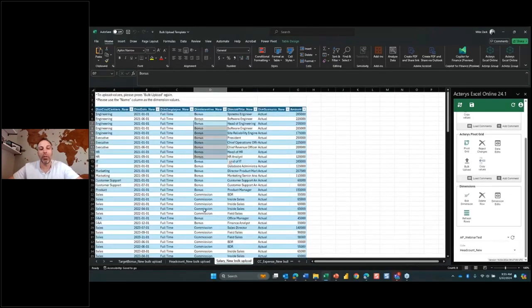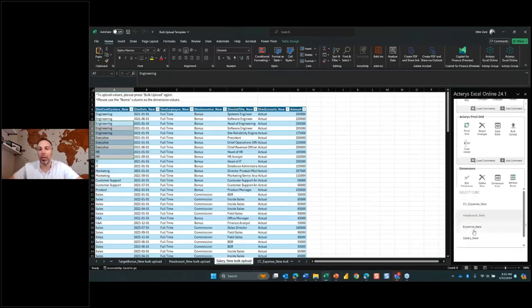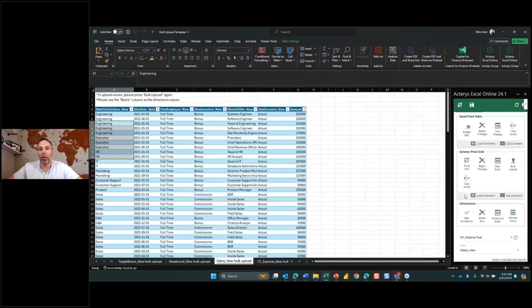Are these tied to bonuses or commission, or is it salary? Are they full-time employees, and what's their actual position or cost center that they belong to? These are all different ways that we'll be able to slice and dice this. And now we're going to select our salary, and hit bulk